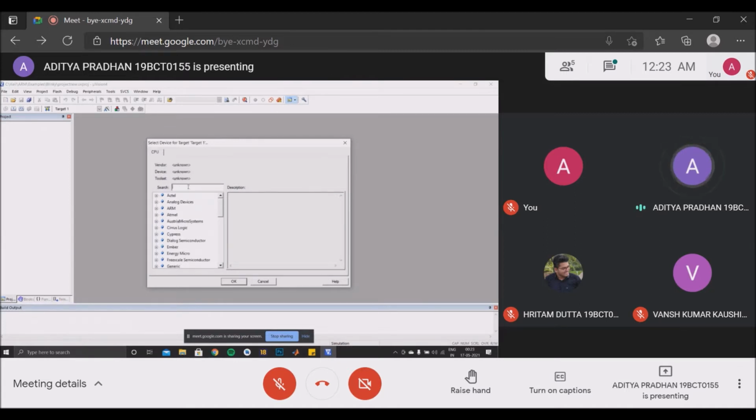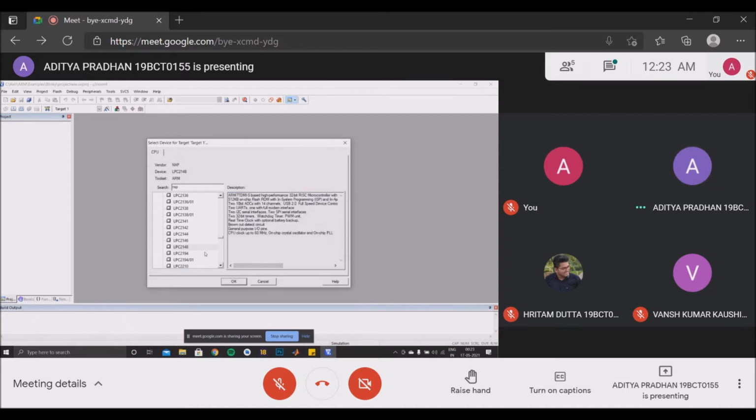So we search for NXP, under which we need to search for LPC 2148, which is here. The description is also given.